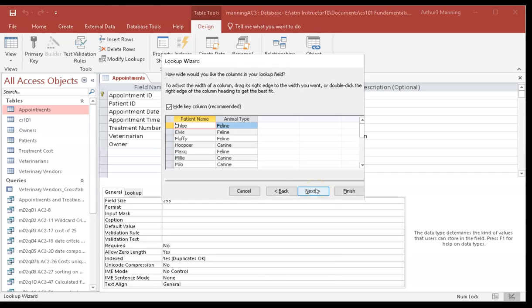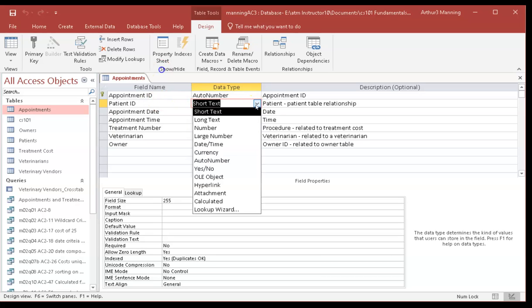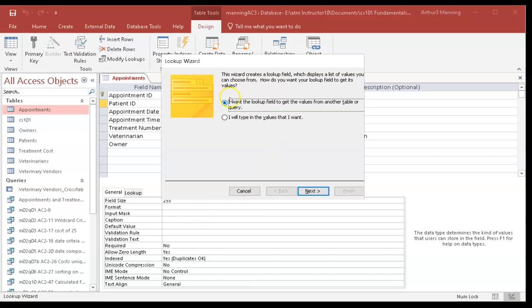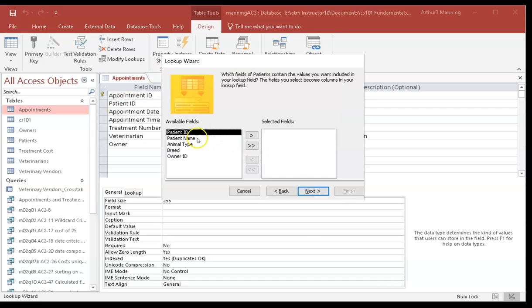Wait, which one are you doing this for? Patients, patient ID, Lookup Wizard, look up in a table, patients, because that's the patient ID I started with, patient name, animal type,